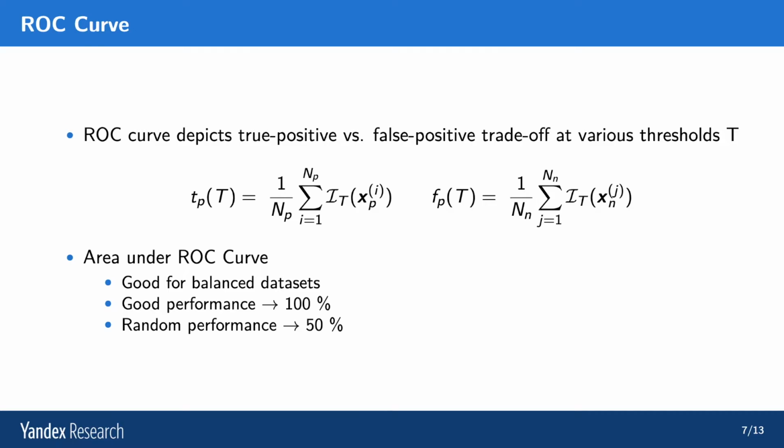Now, the area under an ROC curve is 100% if you have an ideal detection scenario, and 50% if it's completely random. It will be less than 50% if we have a perverse situation where we think that the in-domain dataset is more uncertain and the out-of-domain dataset is less uncertain.